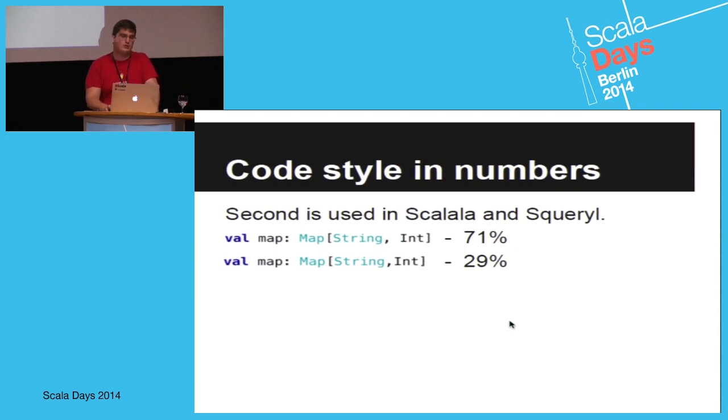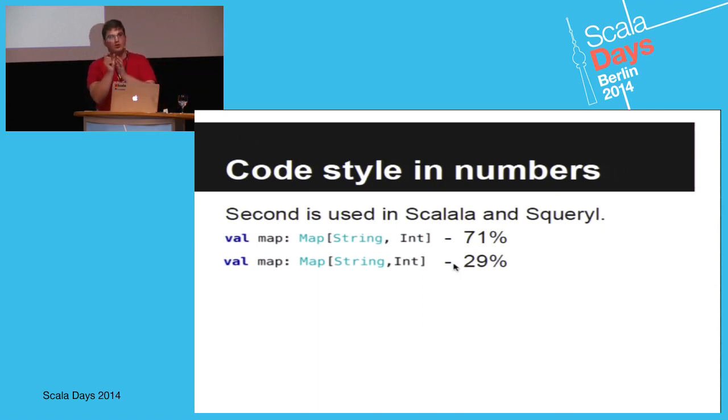We didn't find a lot of differences, so I'll show you only two of them. One of the differences is spacing after the comma in generic types. We found that around 30% don't use this space. But this style is used purely in only 2 projects out of 50. Almost all of these 30% is mixed style in other projects. So I don't know why.